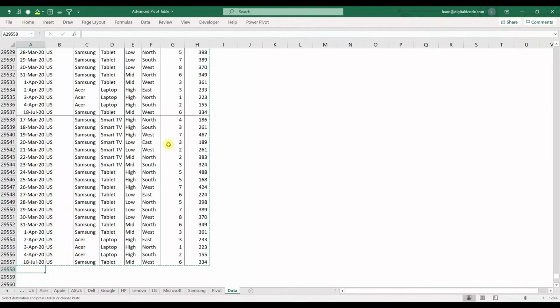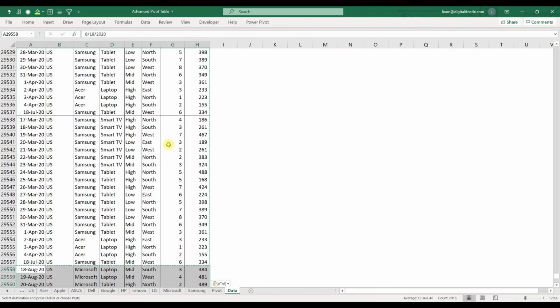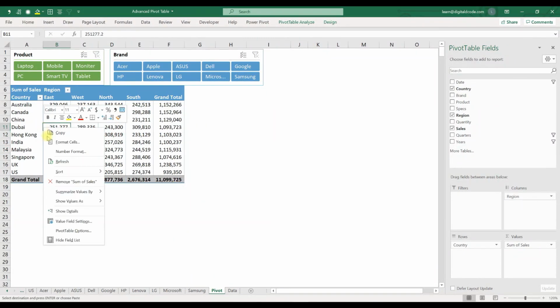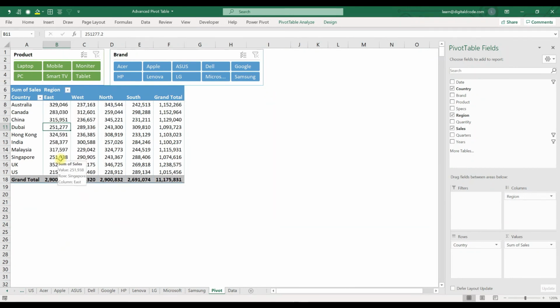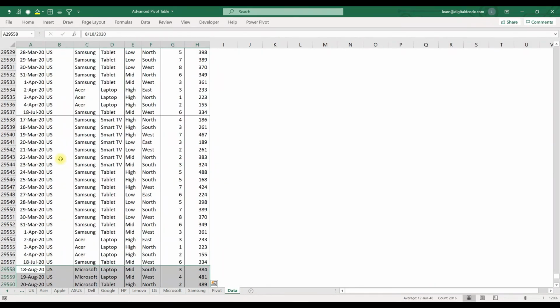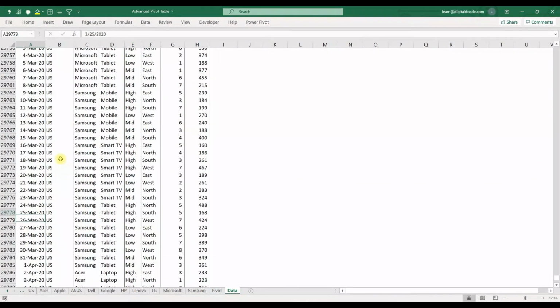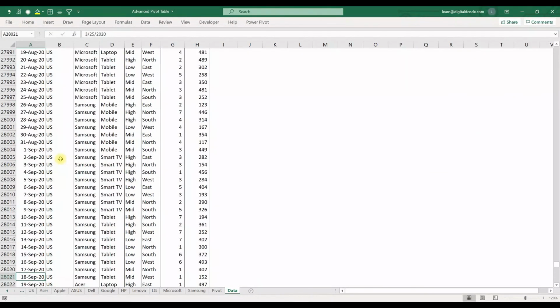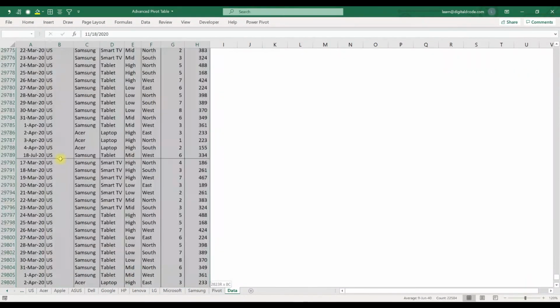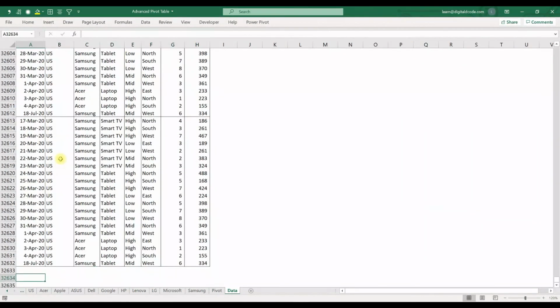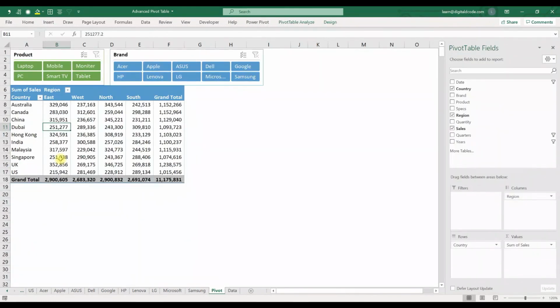Earlier we added data, the pivot was not picking. Now I'm going to add. The value will change. Now I have this one, 11099725. See, it's changing. Let me pick some huge data. Now let me take this data, paste it down. I pasted. Now it's almost 32,632. I pasted almost 4,000 lines.